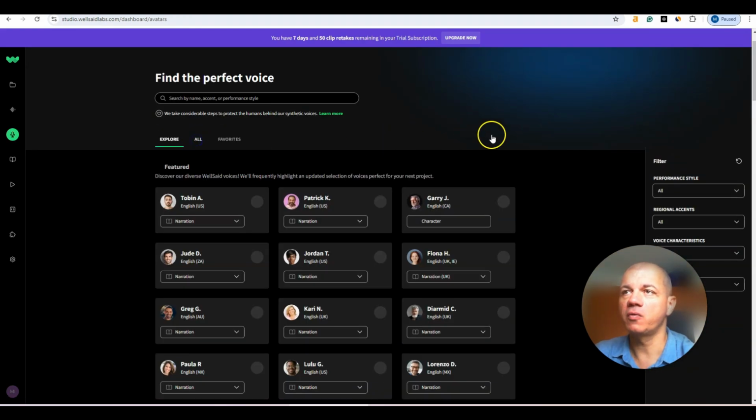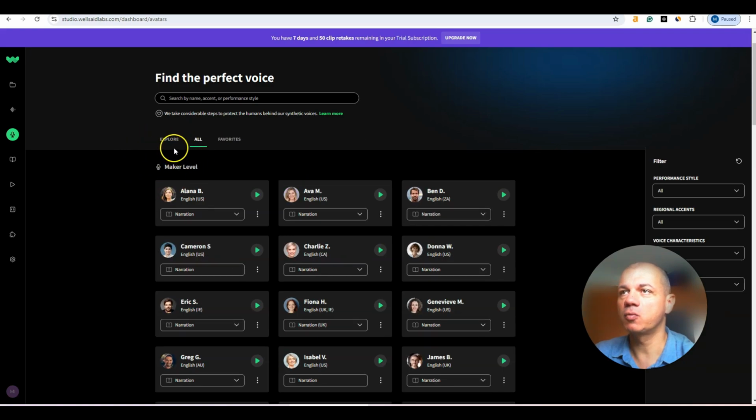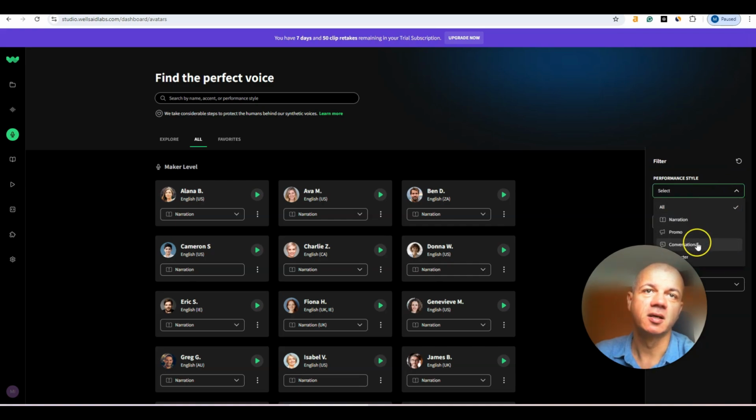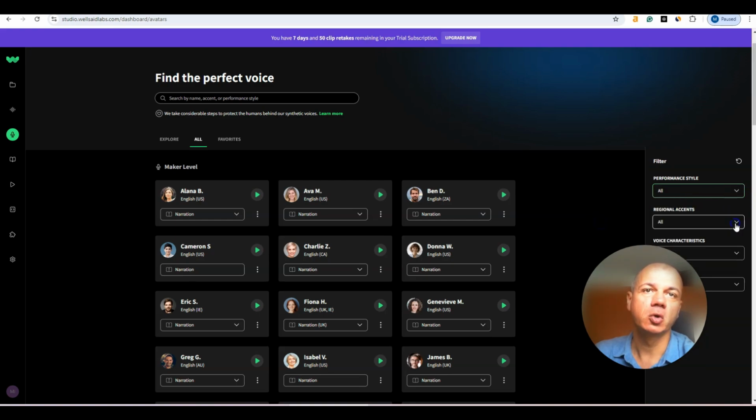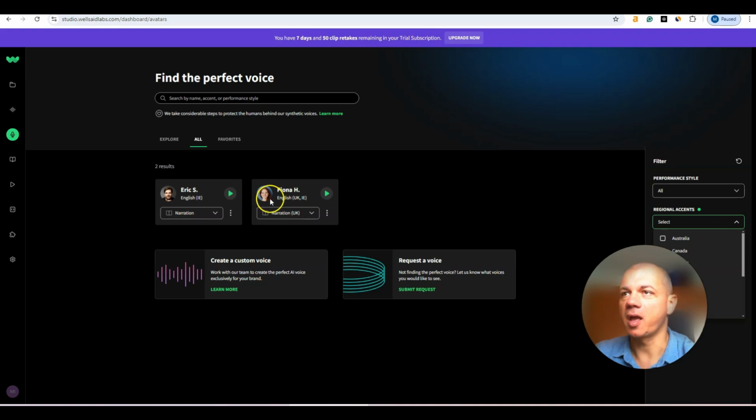We can check voices right away. Let's go to all of them. You see that you can either explore the voices, or you can select all of them. Here you have a filter where you can select the narration, whether you want to have a promo tone, conversational tone. You can select the accent, let's say Ireland, and we see that there are two voices using Irish